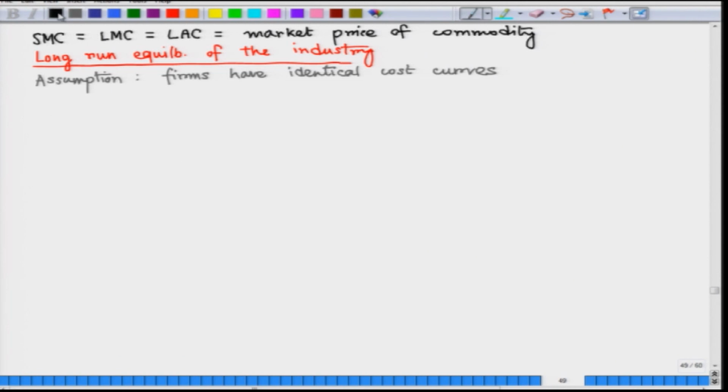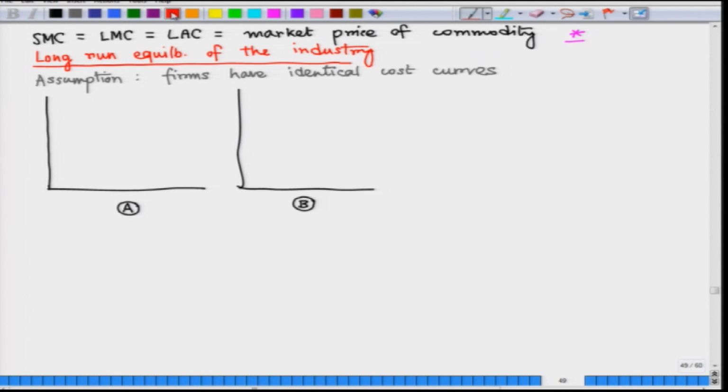So, now let us start with a simplified diagram which portrays this basic condition for the firm's long run equilibrium, that we mark by asterisks. There will be two panels of diagrams, panel A for the individual representative firm and panel B for the market or industry. Here we will start with the demand function first. So, let me draw the aggregate demand function AD,